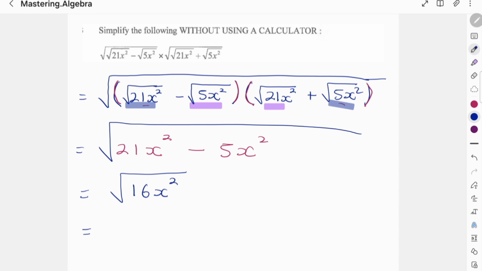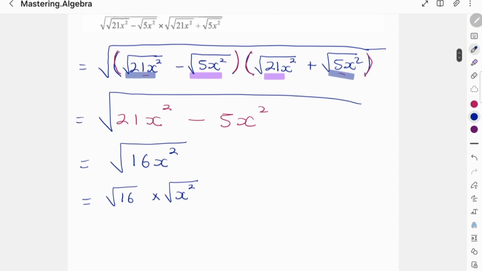And remember that I can say this is the square root of 16 multiplied by the square root of x squared. You can do that because you have square root. It's the same thing. You can put it together, and because you can put it together, you can break it apart. And I know that the square root of 16 is 4. Or you could have said square root of 16. You know that